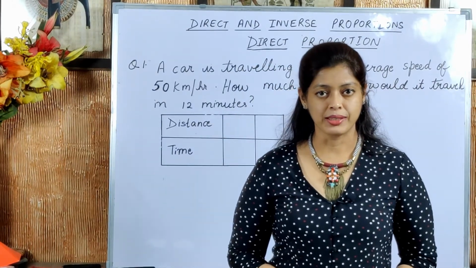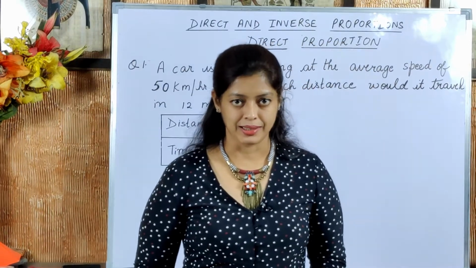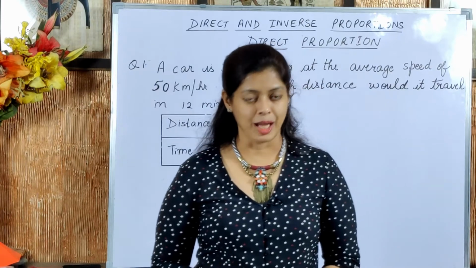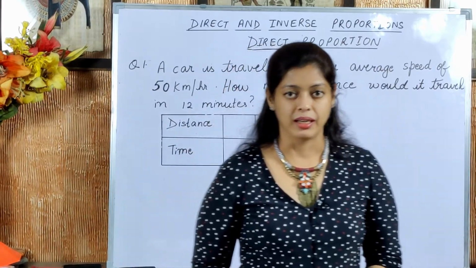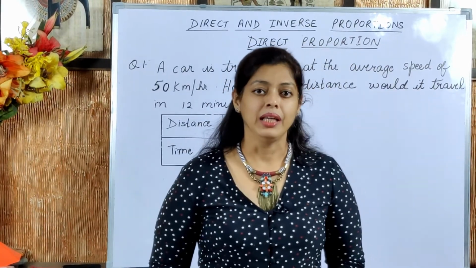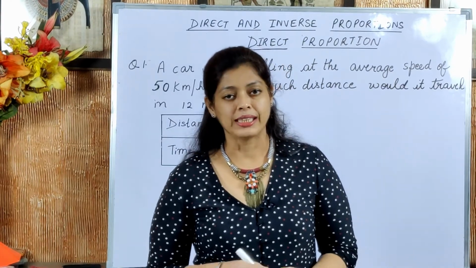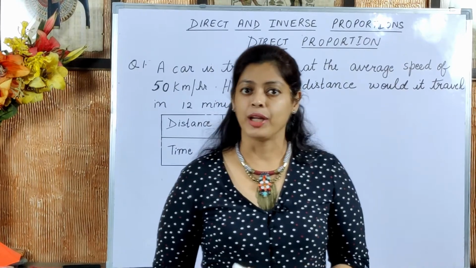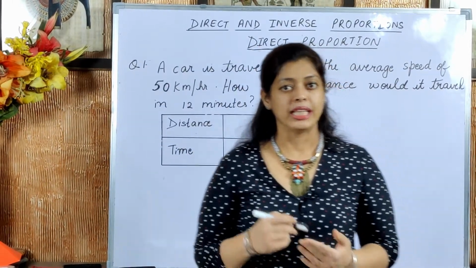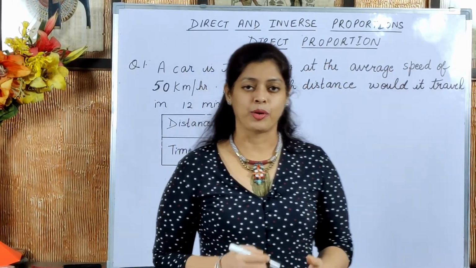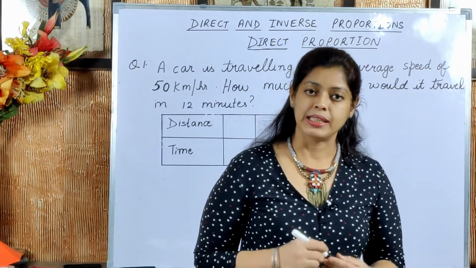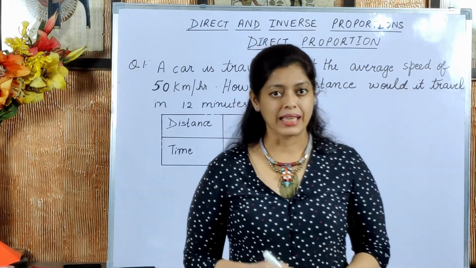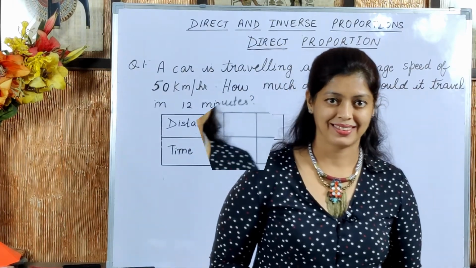What are direct proportions? When two varying quantities are directly proportional to each other, they are always in the same ratio. We have also studied that proportions are nothing but equivalent ratios. So for example, if we represent the two quantities we are comparing by the variables x and y, we can say that the ratio of x upon y will always be the same for quantities which are directly proportional. So we'll understand this with an example.